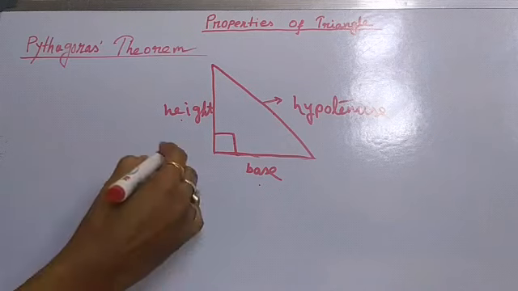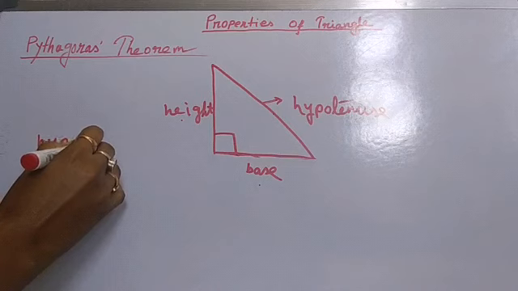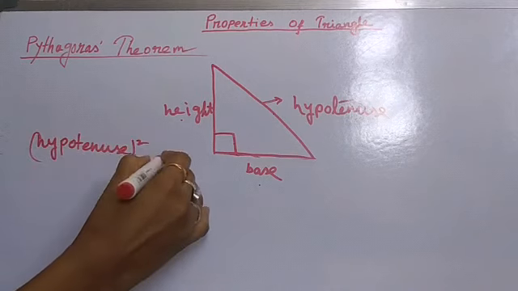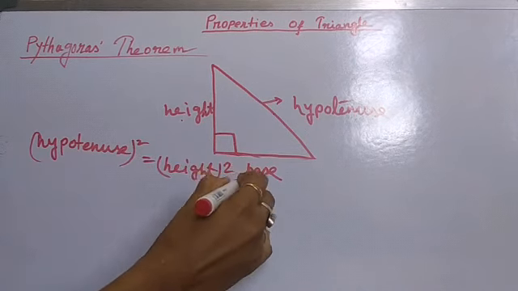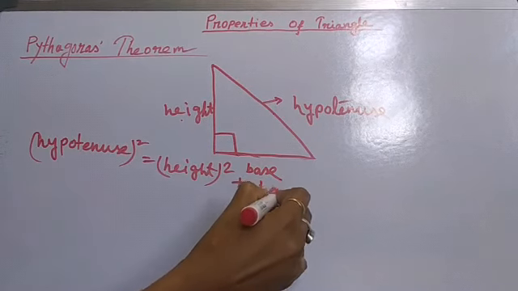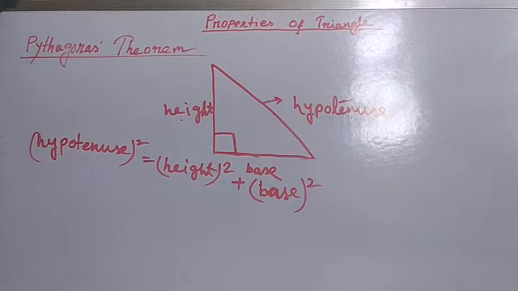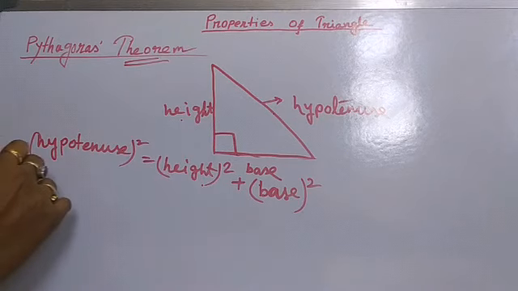The relation is: hypotenuse square equal to height square plus base square. Hypotenuse square equal to height square plus base square. So this is the formation of the theorem, and actually the theorem is